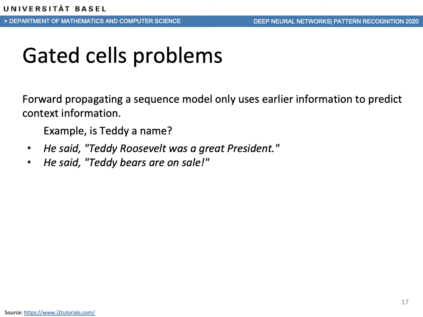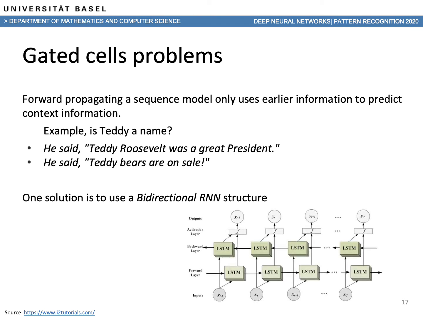So one solution to fix this problem is to use a bidirectional RNN structure, which then takes the input both from the later steps and from the earlier steps at the same time. But this here still has quite some disadvantages, specifically that we're still inputting one word at a time into this network, and then computing one output at a time. So we'll see later on that there are some new methods that are able to overcome this. And even with this bidirectional RNN structure, there are still problems. So let's just have a look at a very specific problem in